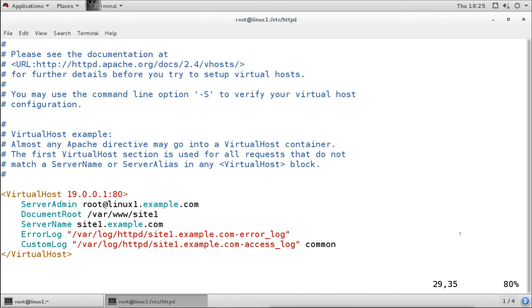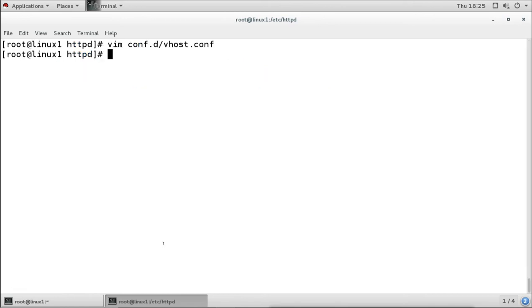And now what we have to do, we have to do two things. We have to make sure the directory is created, and we add some document here, the home page file under this directory, so that we can test. And this name must be resolved. So I will save this. Now first I will resolve the name.